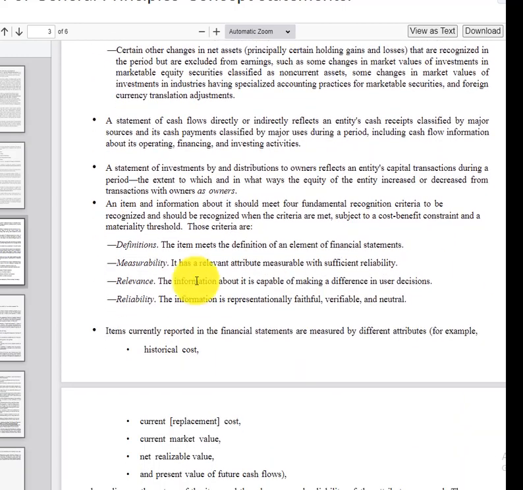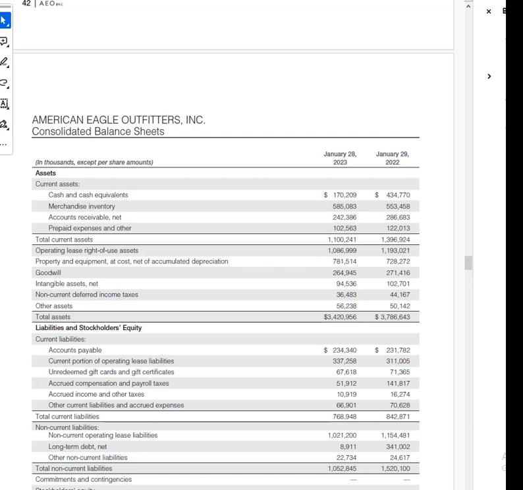So notice this has some of the same information as our PowerPoint slide, but it's not as visual, you might say, but a little more description, a little more information. So applying that to American Eagle, we're going to their 2022 last annual report, and they have